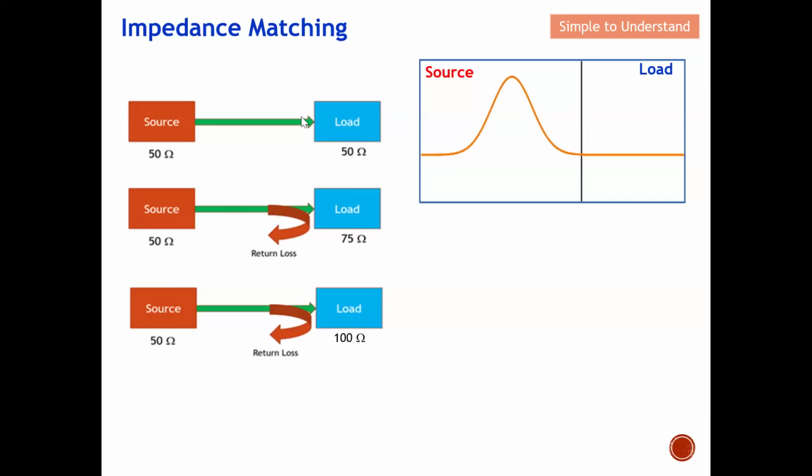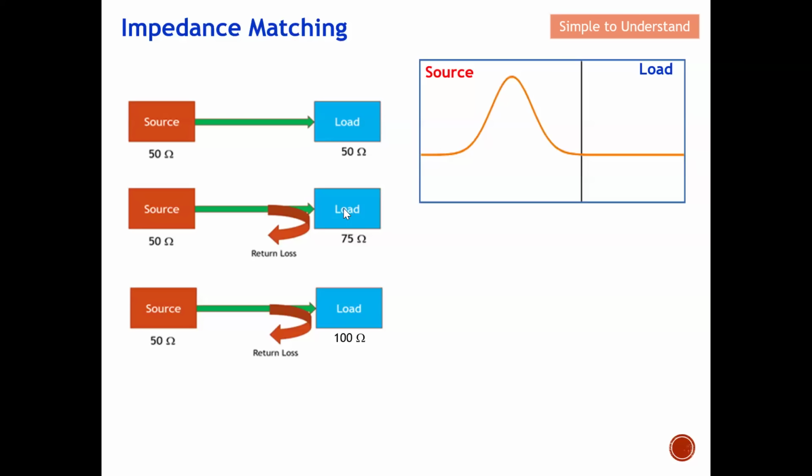You can see from these two situations that in the first situation, because the impedances are the same, maximum power transfer occurs. While in the second scenario, because of the mismatch of impedance, some of the power will be reflected back, and definitely